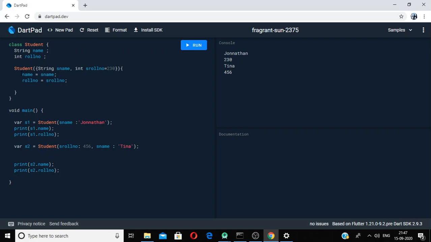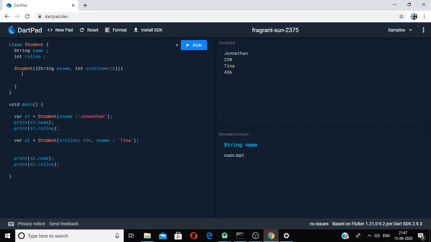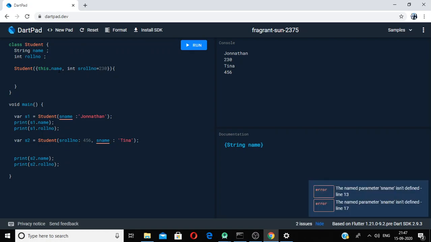And mostly we will do this: there is a shortcut to pass the argument value to these variables. Just use this keyword, and this will automatically pass these values directly to these variables.